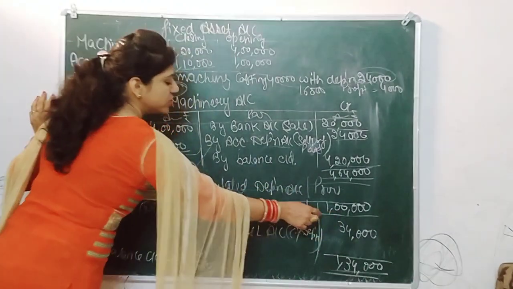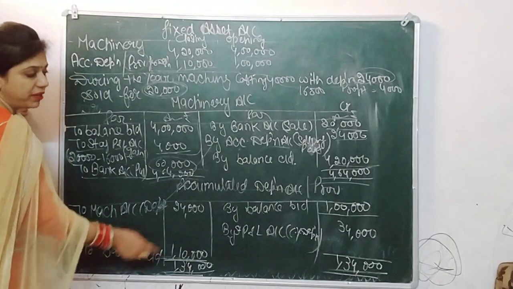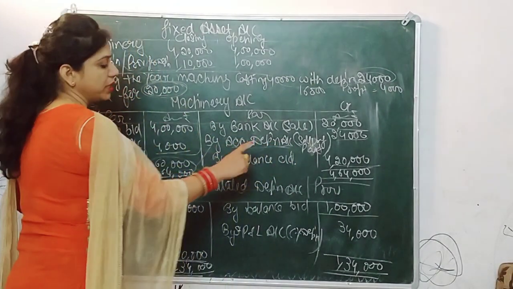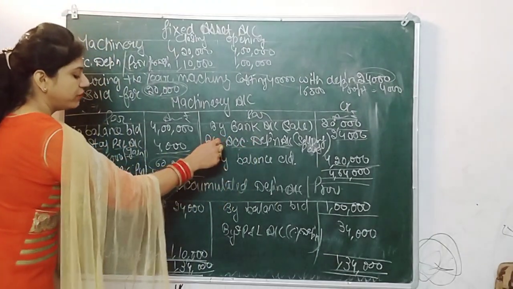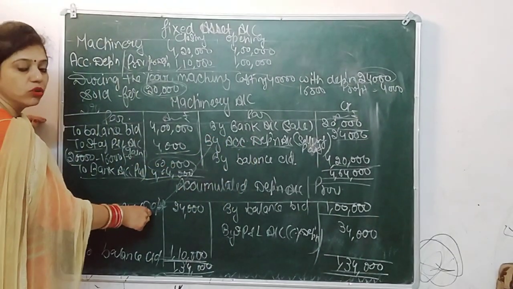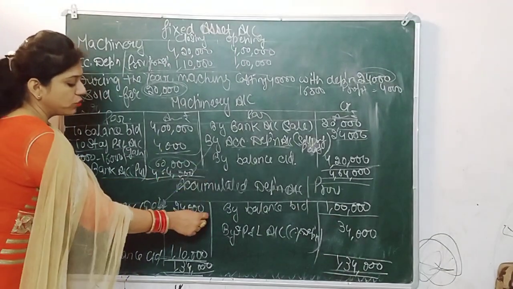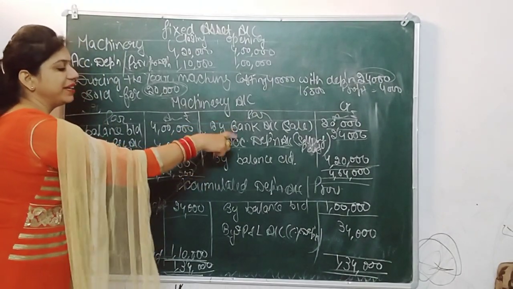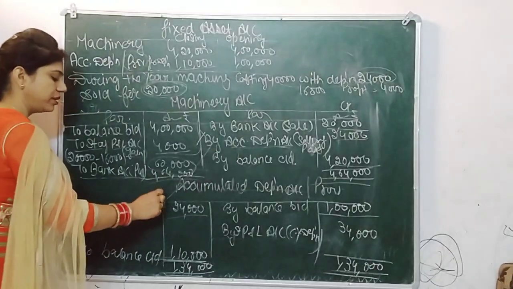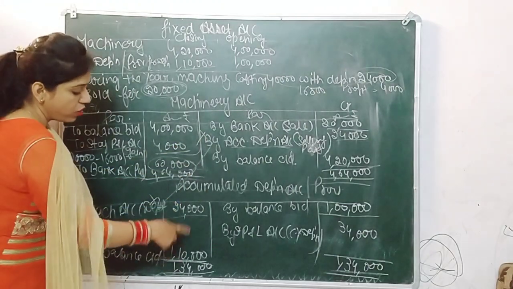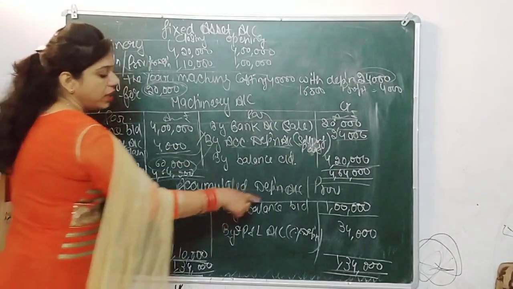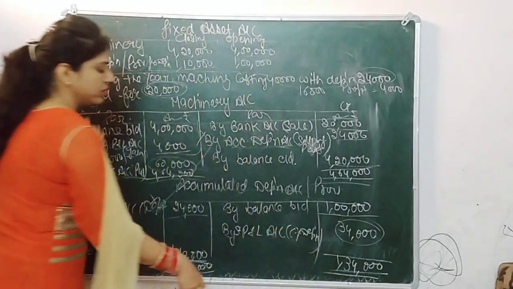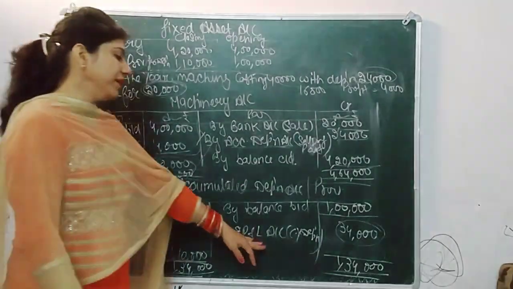Now, how will we prepare the accumulated depreciation account? As I told you, opening balance on credit and closing balance on debit. Here we have written by accumulated depreciation, so as per ledger posting in the accumulated depreciation account, it will be to machinery account with 24,000. This amount will be cancelled, because here it is on the credit side and here it is on the debit side. So there is no treatment. Now make a total of 134. 134 minus 1 lakh, that means 34,000 is the current year depreciation.